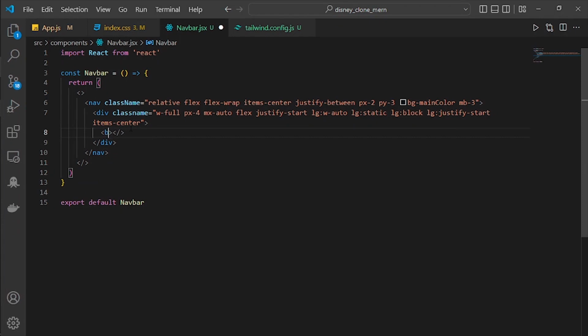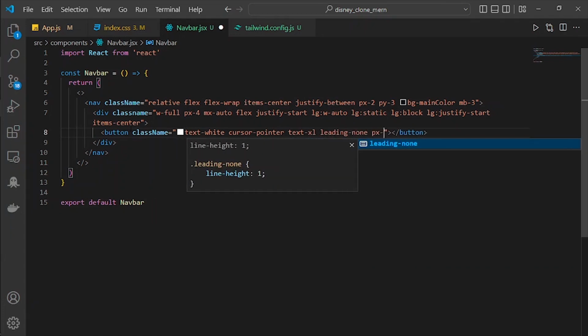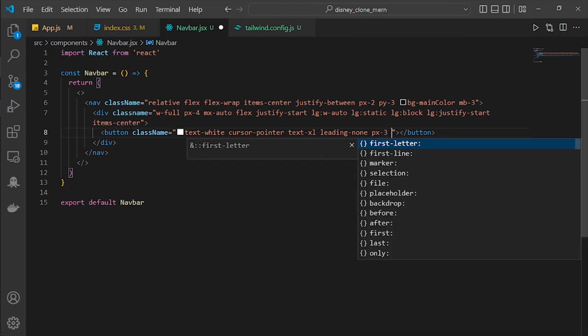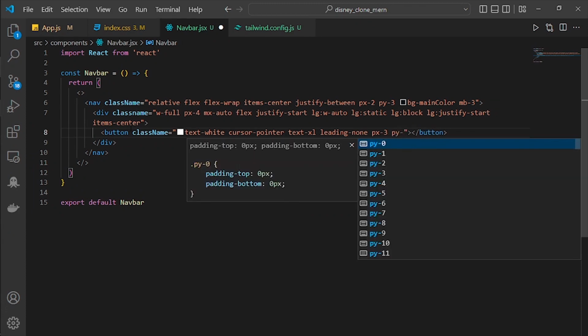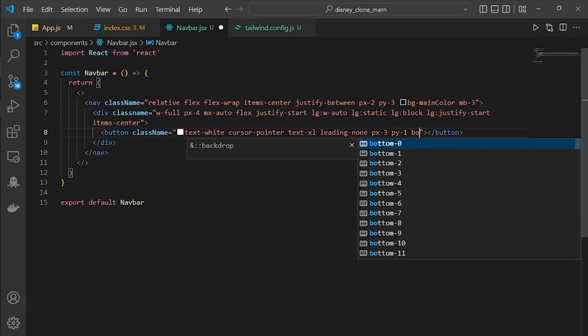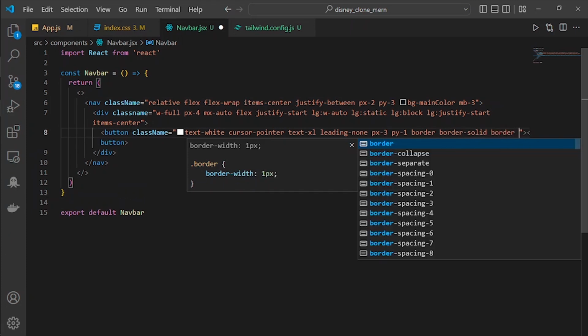Button is an HTML tag, and for the class name it is equal to text white, cursor pointer, text XL, leading none, px is 3, which is for padding right and left, and for padding top and bottom, py is 1, border, border solid, border transparent,